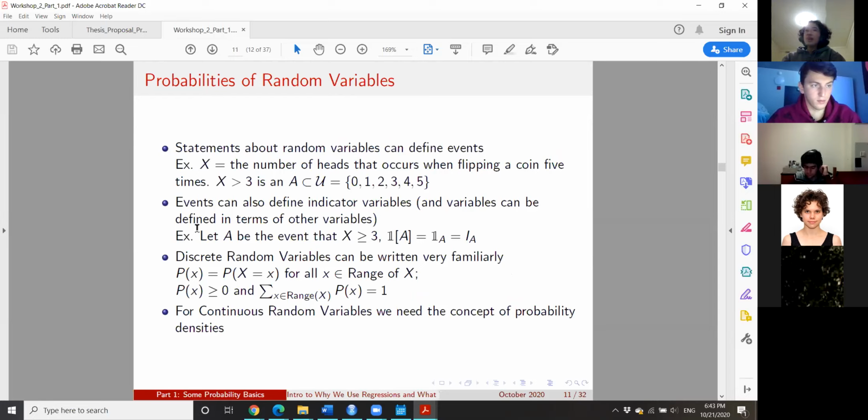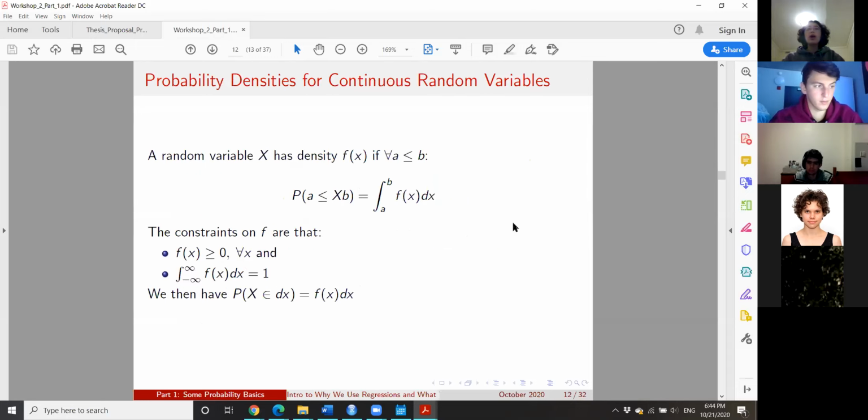Events can also define indicator variables, which is super important for a lot of things in econ. Basically, an indicator variable is 1 if whatever it's indicating occurs and 0 if not. Here are a few different ways that people sometimes write indicator variables, and that's not comprehensive. Discrete random variables can be written very familiarly, but for continuous random variables, we need